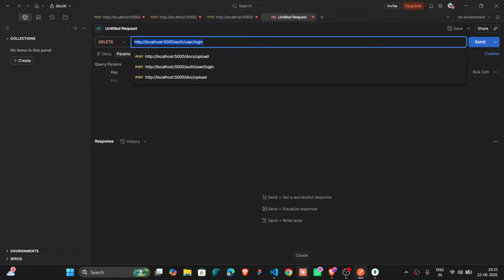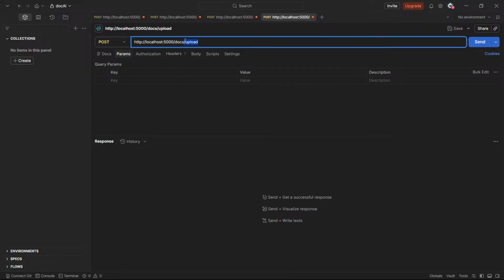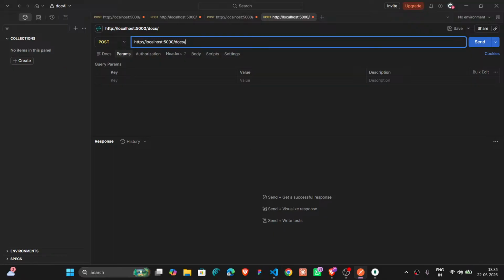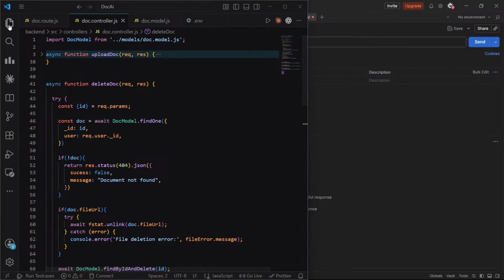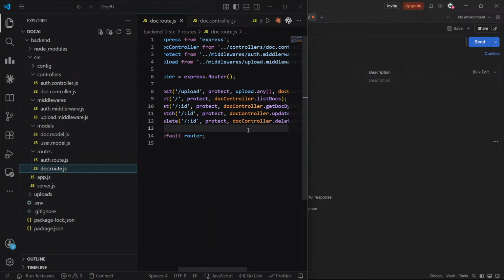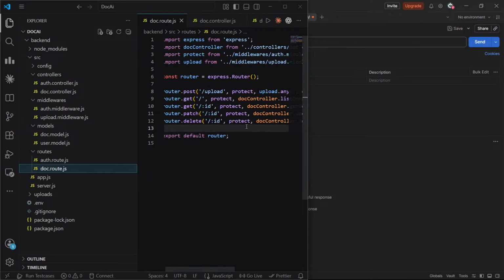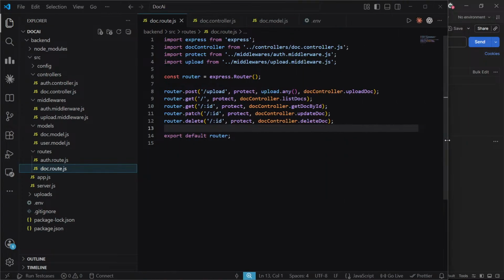We have upload docs upload, and here we have, in the file route, id upload to get delete. Okay, we need route as slash and the slash id.